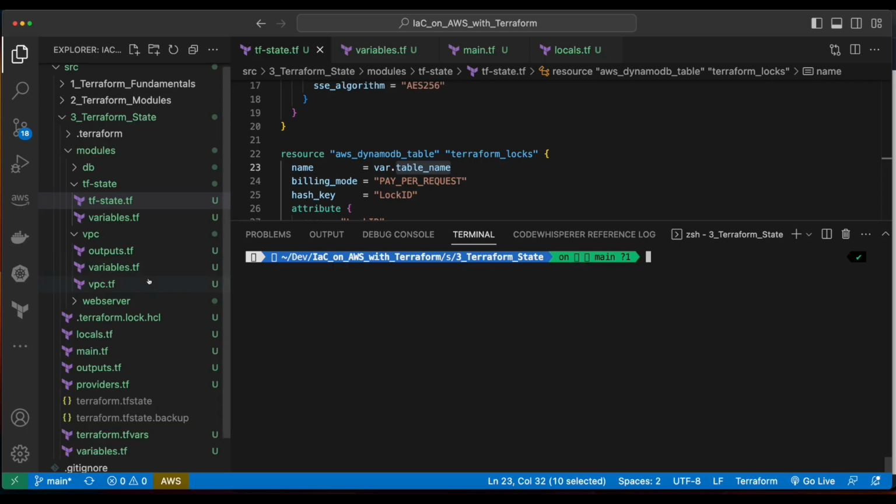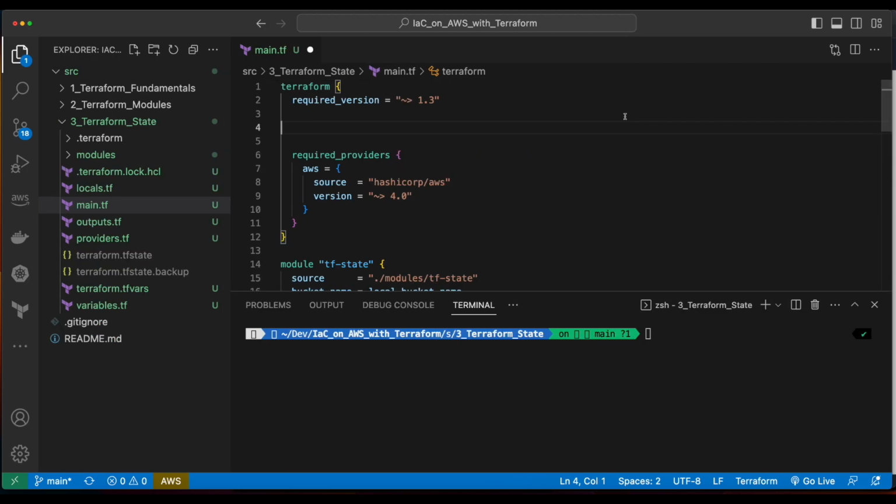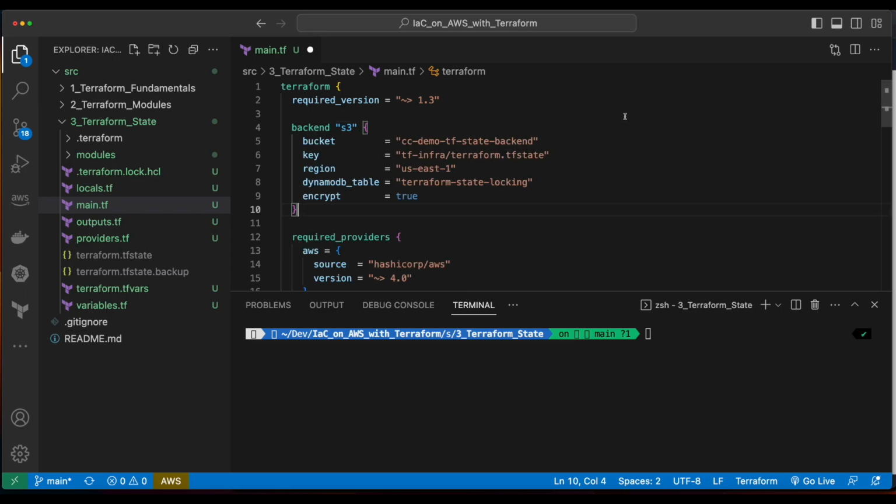And coming back into VS Code, of course, we see our terraform.tfstate and terraform.tfstate.backup files in our local backend. So what I'll do now inside of the Terraform block in our main.tf file is add the backend block for S3. I'll set the bucket name equal to the bucket that we created when we provisioned the infrastructure. I'll add a key for the terraform.tfstate file and specify the name of the DynamoDB table and set encryption to true. Now in the terminal, I'll run a Terraform init